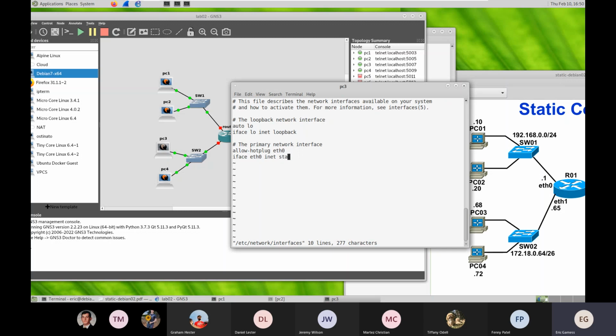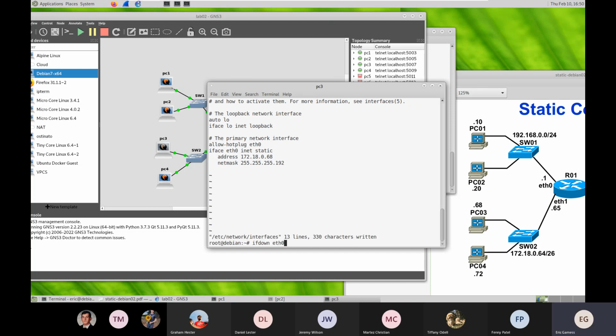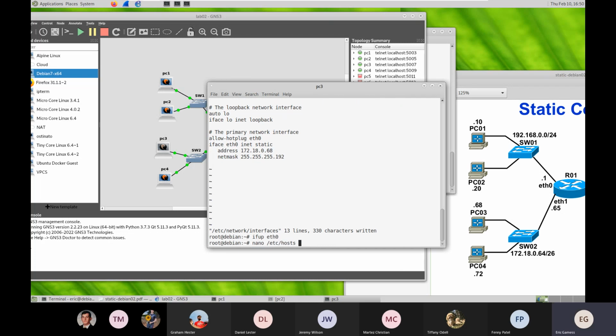Say that I want a static IP address, and the IP address will be, so this is PC3. The IP address of PC3 is 172.18.0.68. And the net mask will be 255. It's a /26. So 255.255.255.192. I'm going to enable the interface. And I'm going to verify the configuration